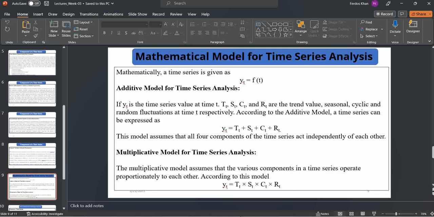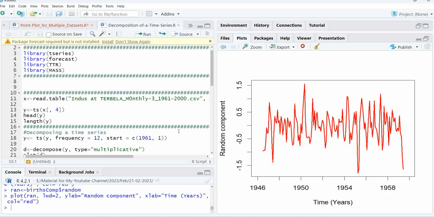Okay, so now let's move to R, to see how we can decompose a time series into different components. Let's suppose I have data of the river flow from 1961 to 1970. It is not till 2000, it is still 70, but the name of the file looks like this. So let's read this data using read.table, and let's see what